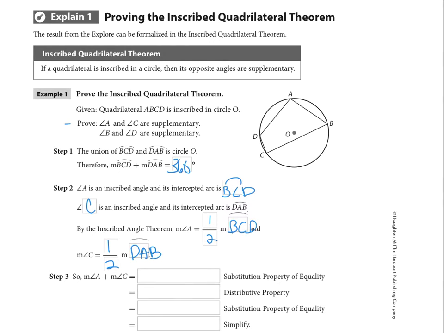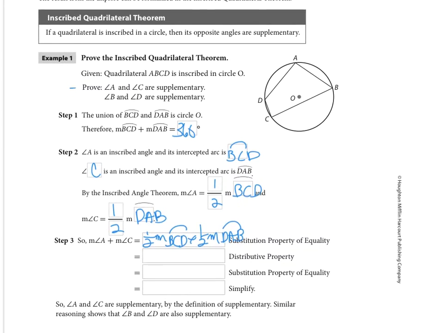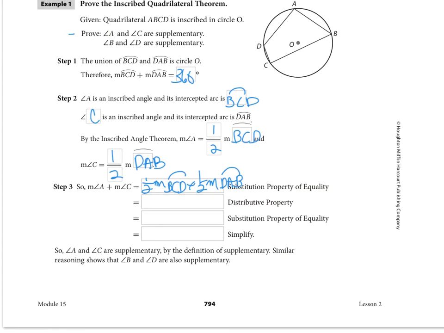So if I put those two pieces together, and I want to figure out what the sum of those angles is, then in my first box I have half the measure of arc BCD plus half the measure of arc DAB to put those two angles together. Then you can see what's coming next. We're going to take the 1/2s out from the front of each of those expressions, and when we use the distributive property kind of backwards a little bit,